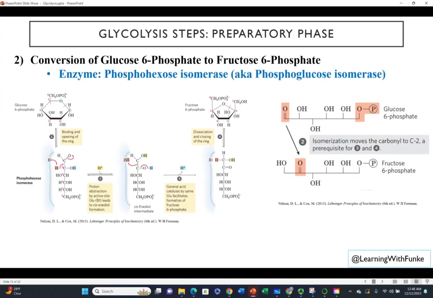Now, in the second step, still in the preparatory phase, we go from G6P that we produce in the last step to fructose 6-phosphate, and the reversible isomerization of G6P to F6P. So we are going from an aldose, which is G6P, and we are going to F6P. And yeah, so this is a more in-depth view of the steps that are involved. However, the overall step is just an isomerization reaction,